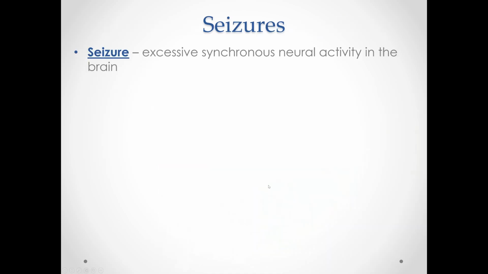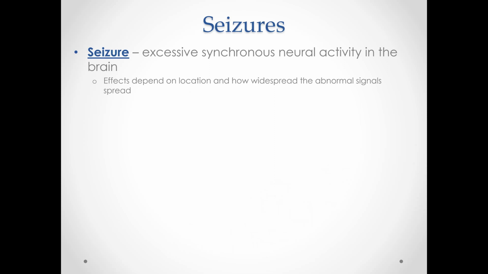So a seizure is when you have excessive synchronous neural activity in the brain. Basically you've got too much excitatory input and not enough inhibitory input, and all of the neurons start overfiring, firing too many action potentials, and they start all firing at the same time so that it's synchronized. And the effects of a seizure depend on the location within the brain and then how widespread this abnormal electrical